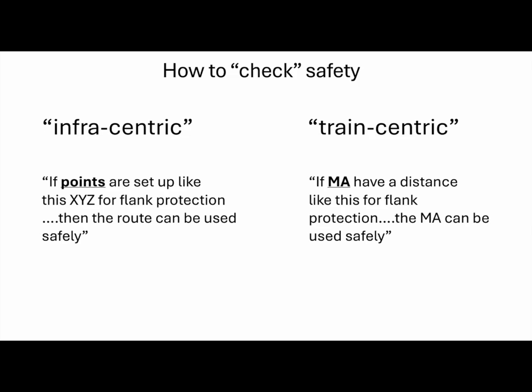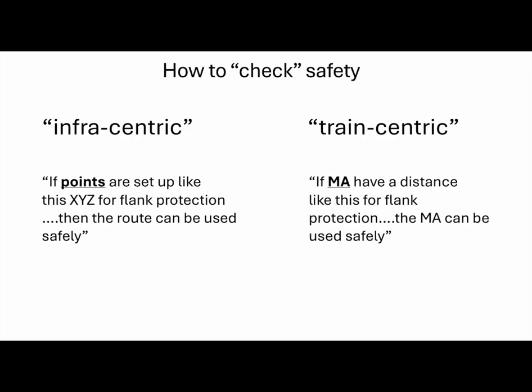Now with ETCS, of course, we have the train-centric way with level 2, because we now have information about the train and we can control the train or the track usage in general. So when we want to assure that a movement is safe in terms of flank protection, we use the information that we get from the train. So we know where all trains are, we know what movements they have, and we know that